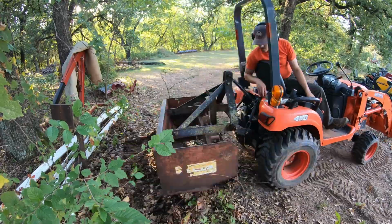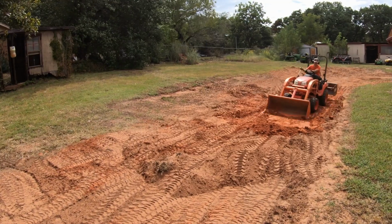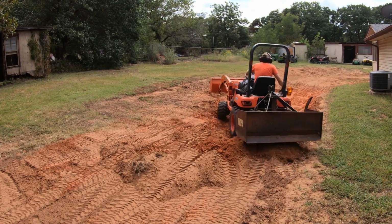Like a rake can give you fairly good results just because it's slightly flexible. But a box blade will probably give better results than the rake if you know what you're doing, which I don't know if I'm there yet. But